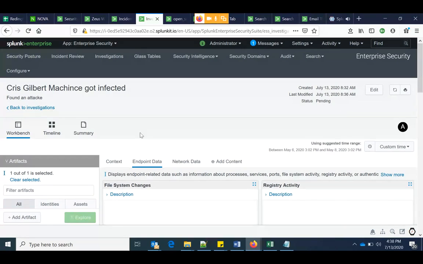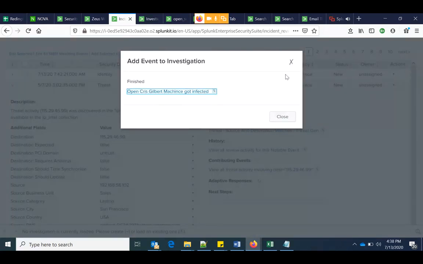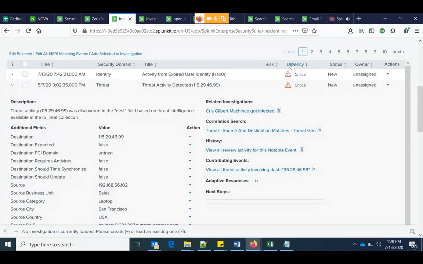So that's how you can complete the process and track your security operations within the security operations center. Guys, that's it. That's what you can do. Splunk really makes life easy within the SOC environment if you know how to use it